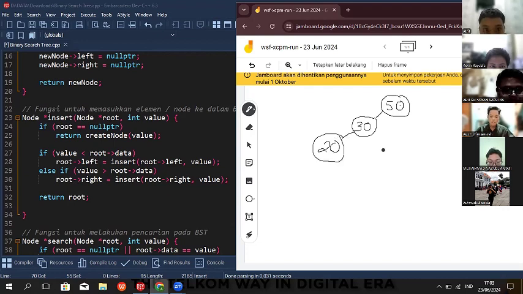Then I want to insert a value of 40. It checks that 40 is less than 50 and goes through the same process as when inserting values 20 and 30. Next, I want to insert a value of 70. Then check that 70 is more than 50, so it will execute the right node statement. Then recursive the function and print the value 70.